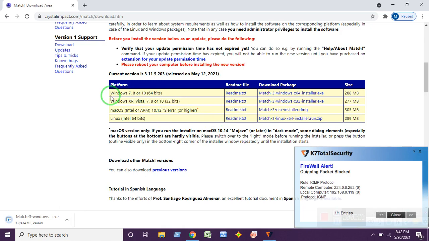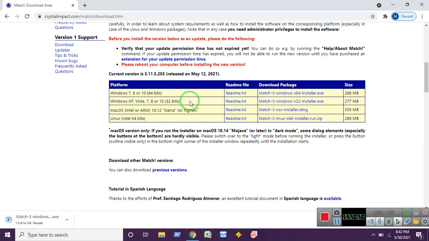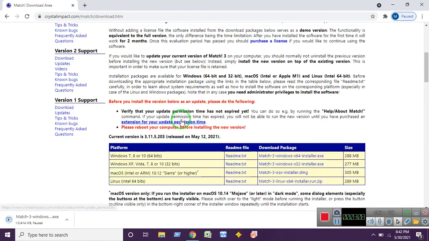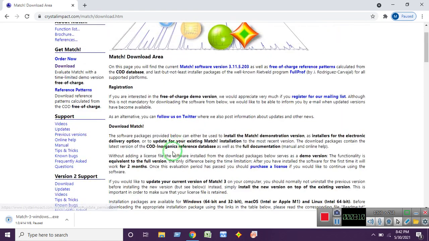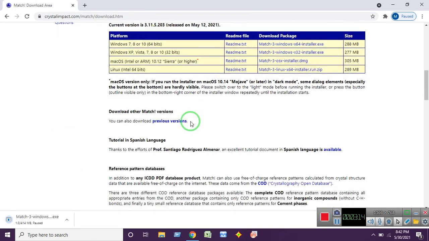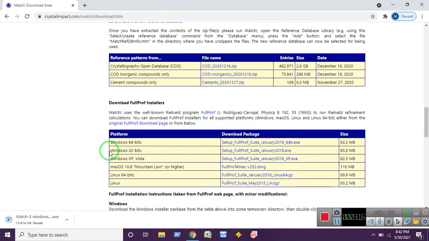After downloading this phase identification software, you require one more extra software, that is nothing but FullProf setup. Here you can see FullProf Suite, which is under 64-bit configuration and 32-bit configuration.